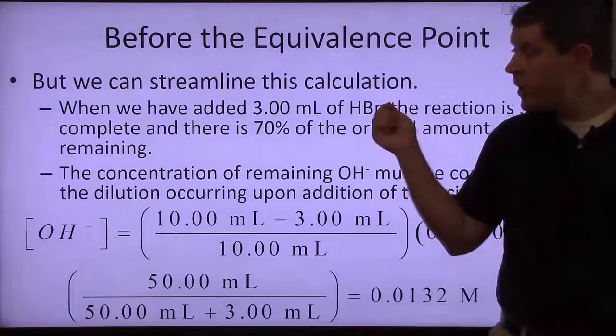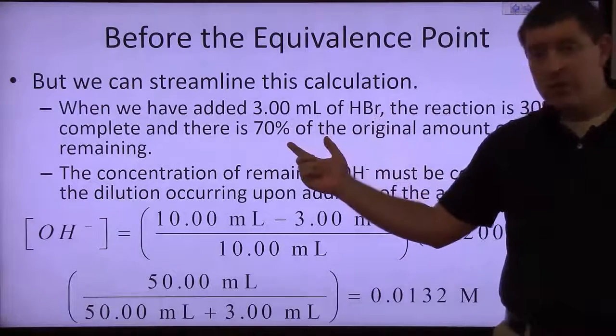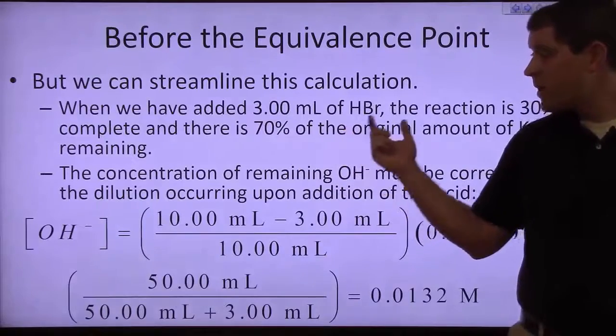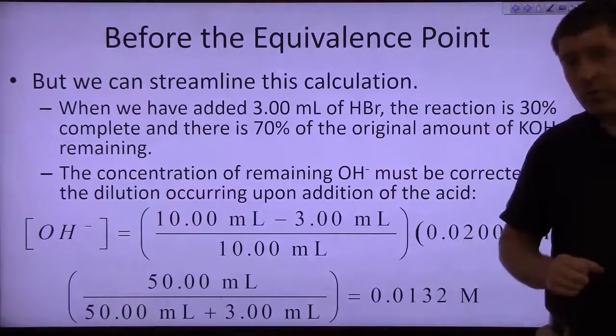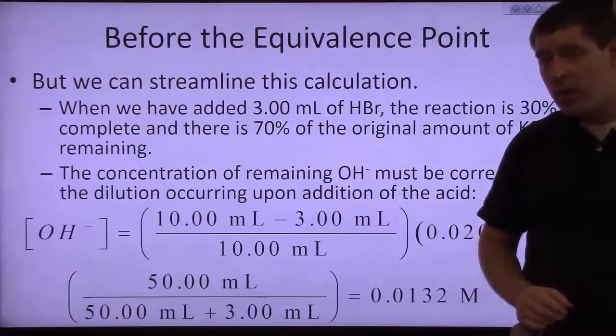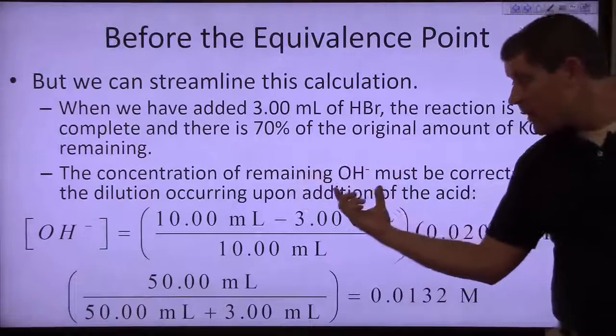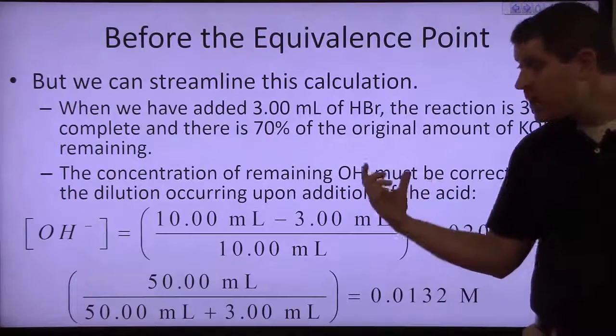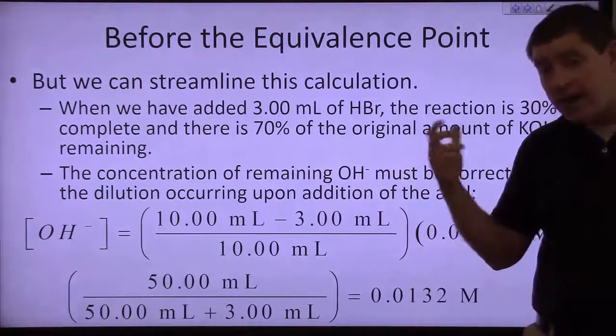However, we can streamline this calculation. When we've added 3 milliliters of our hydrobromic acid, then the reaction is 30% complete, and that means that we have 70% of our potassium hydroxide remaining. Now, the concentration of our remaining hydroxide must be corrected for the dilution that occurred upon adding those 3 milliliters